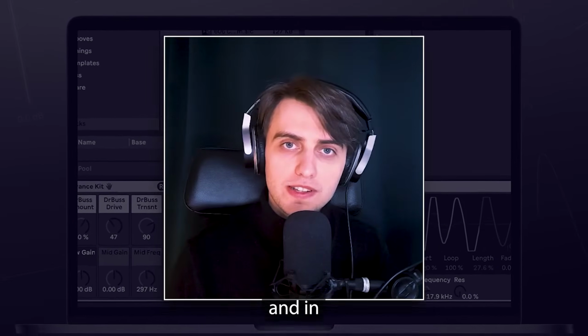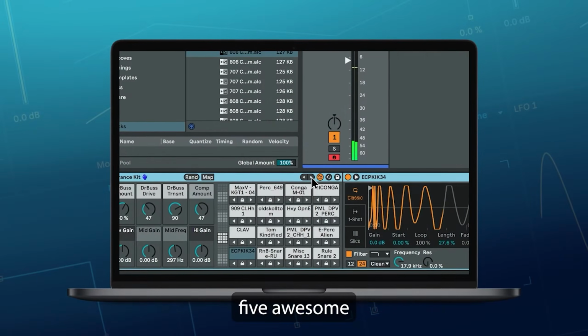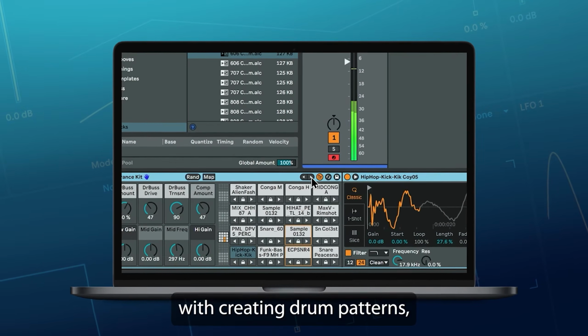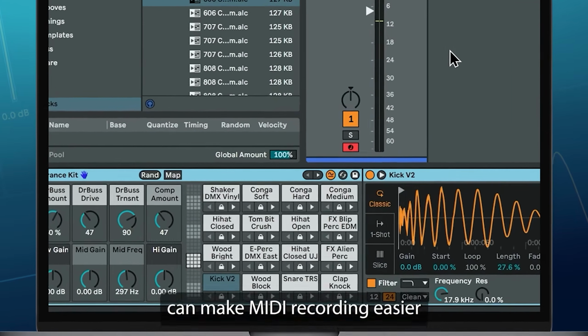Hi, my name is Boris, and in this video I'm going to show you 5 awesome workflow hacks in Ableton. These are going to help you with creating drum patterns, can make MIDI recording easier, and will speed up your